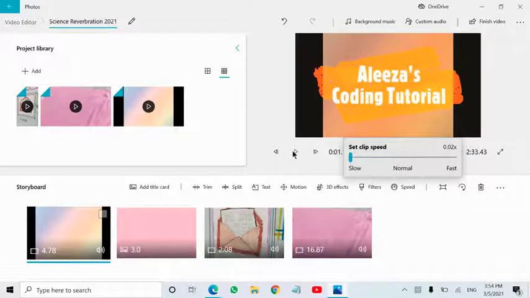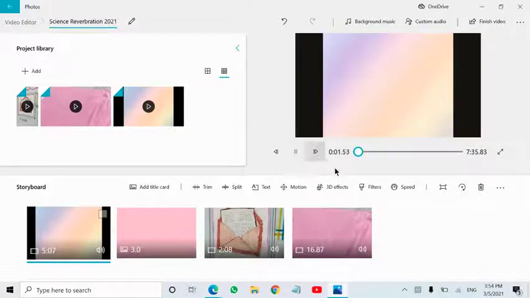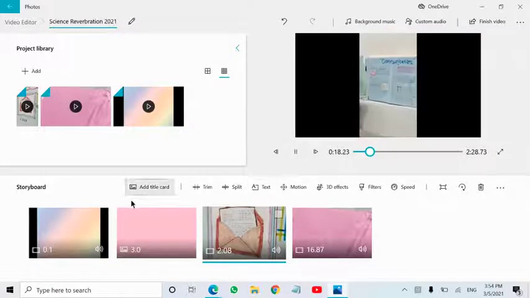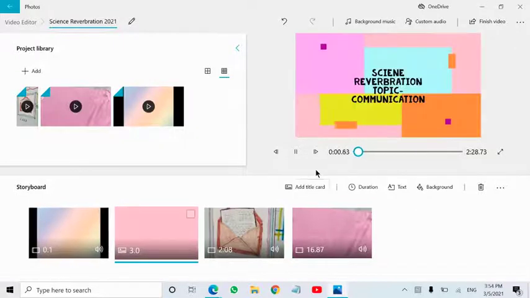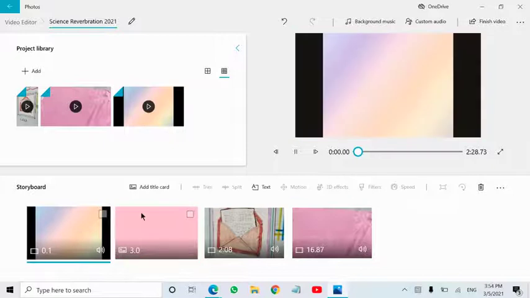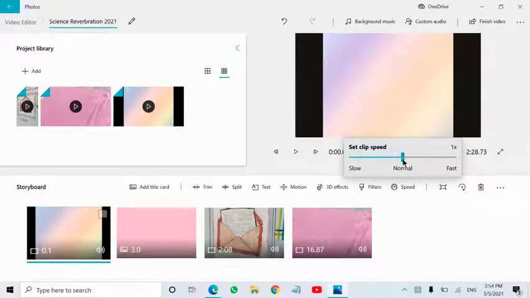You can keep it as slow, even slower. Like slow means it's very slow, like this. If you keep it over here, see, again it is a bit slow, and I think normal is better. Fast one is so fast. See, I'll show you. See, it went so fast, right? So wait, what's going on? So I will keep it at normal itself.